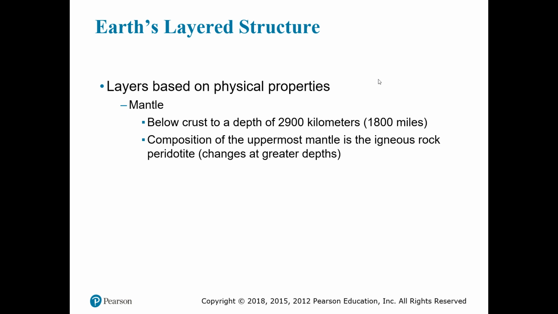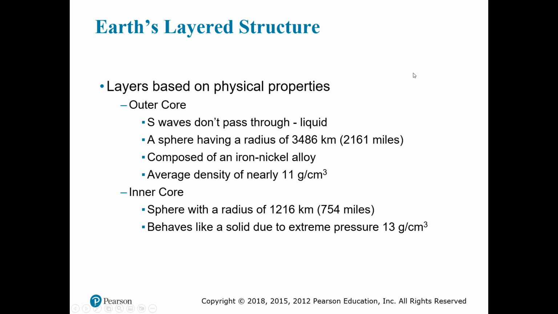The mantle comes next, and it is below the crust. It's the biggest layer in terms of volume. The outer core, we noticed that the S waves didn't pass through, meaning we suspect that that is a liquid outer core. It's composed of iron and nickel, and it's very dense. A lot of overlying planet, right, is kind of weighing everything down, and it's made up of dense materials to begin with. Iron and nickel are materials that are denser than our rocky materials to begin with. And the inner core behaves like a solid because it has to. There's extreme pressure